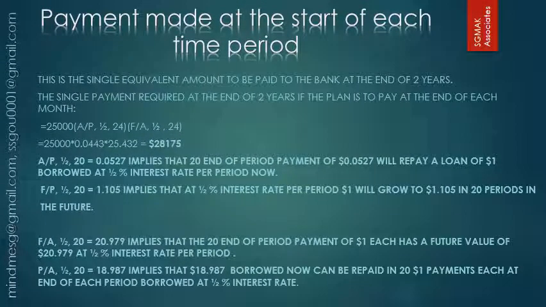So the amount we just computed is the single equivalent amount to be paid to the bank at the end of 2 years. Now, if you decided to pay instead at the end of each month, which is the traditional repayment plan, then we simply solve